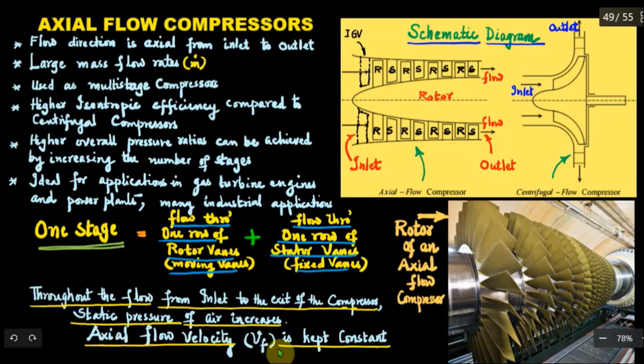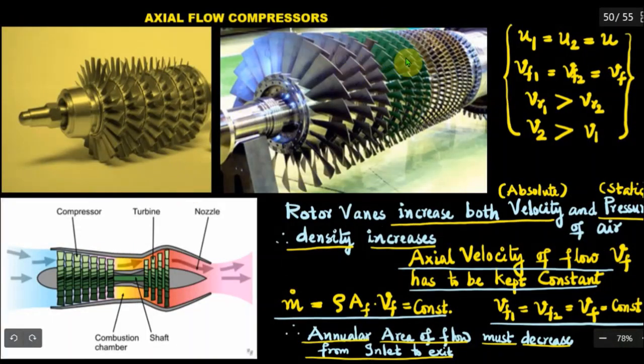The axial flow velocity must be constant in this case. It is kept constant. That is a design consideration. Now we will consider the other points. Here you have a number of rotors. This is a rotor with so many stages shown, as you can see, but while assembling it with the casing, the stator vanes will come in between. So please do remember that aspect.